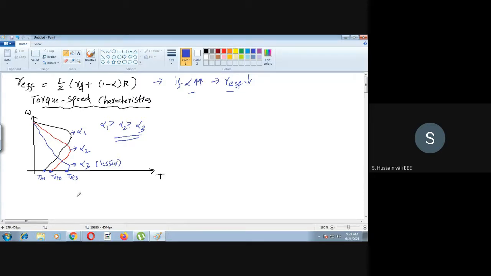Of course, here we have taken the speed on the y-axis, whereas the torque on the x-axis. Earlier, how did we draw the graph of the torque speed characteristic of an induction motor? We took speed on the x-axis, whereas torque on the y-axis. Then we get a different look, but you can understand here. It's not a big thing to understand a graph here. So this is about this.